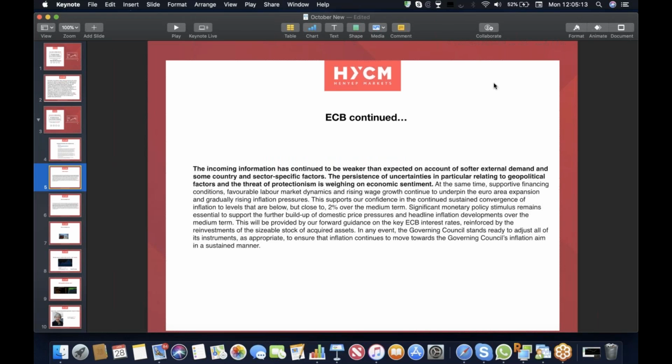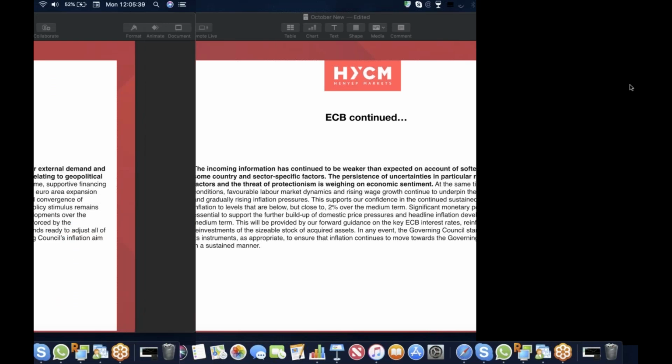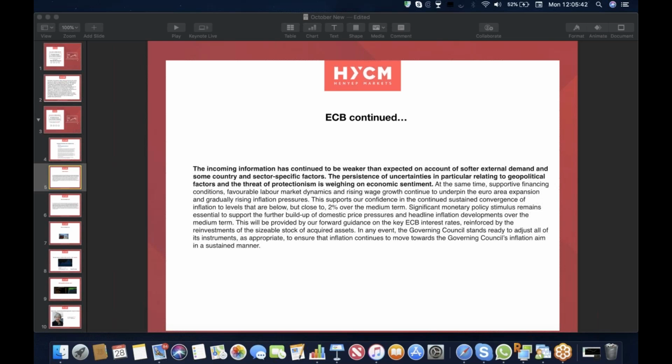So what they said was, I've highlighted it in bold for us. They said the incoming information, and that's referring to the weaker growth in the Eurozone, has continued to be weaker than expected on account of softer external demand and some country and sector specific factors. The persistence of uncertainties, in particular relating to geopolitical factors and the threat of protectionism, is weighing on economic sentiment. So there, the ECB was acknowledging some of the slowdowns that they've been experiencing, and they were saying, that's happened. And they actually also said during the meeting,